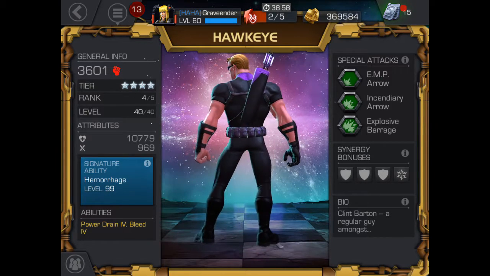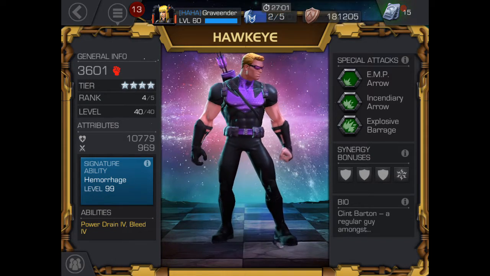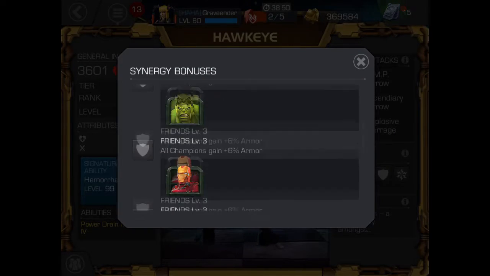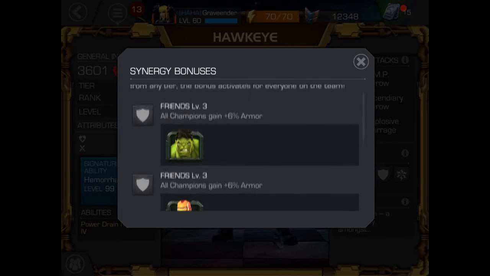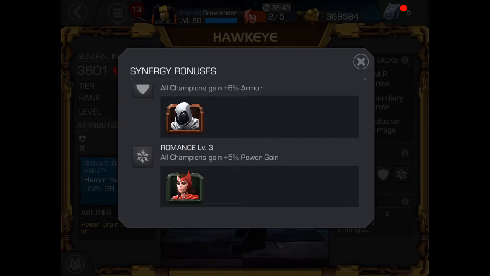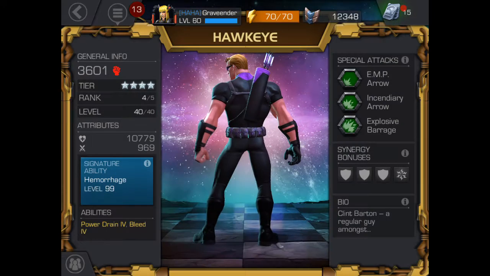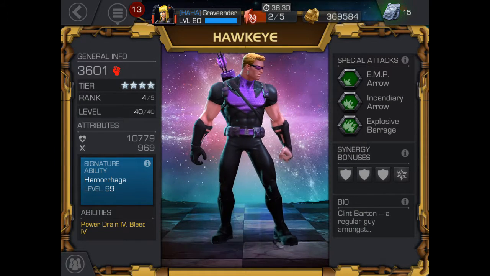Alliance Wars on offense as well, especially with the synergy bonuses that he does have. These skill characters, some of them have some just awesome synergy bonuses. 6% armor with Hulk, 6% armor with Iron Man, 6% armor with Moon Knight, and a 5% power gain with Scarlet Witch. Now he also picks up a buff with Black Widow, so that'd be a potentially pretty